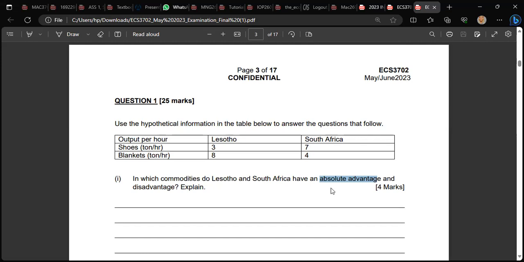So what we are picking up from this now is we are just looking at sheer numbers here. If a country is basically producing more per hour, we say it has an absolute advantage. Then if it's producing less, it has an absolute disadvantage. So it means it's important that when we are describing this here, it's important to